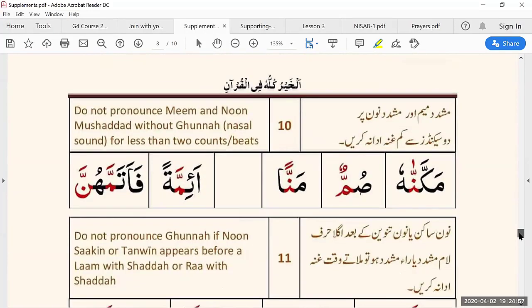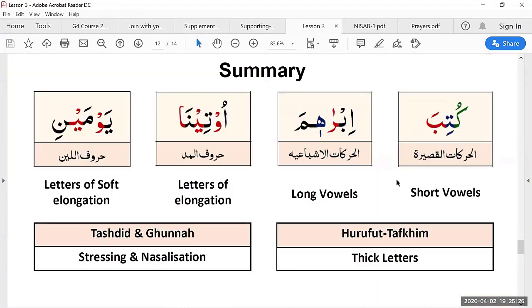Okay. So the last error which we are going to revise today is Mim Mushaddad and Noon Mushaddad. So the rule is do not pronounce Mim and Noon Mushaddad without Gunna, which is nasal sound, for less than 2 counts or beats. So that is all for the revision. Now we are going to move on to today's lesson,